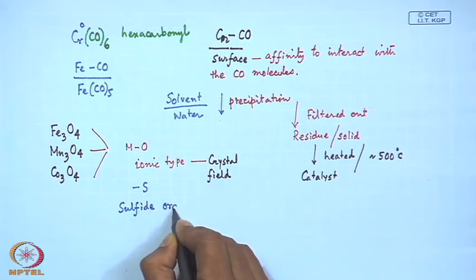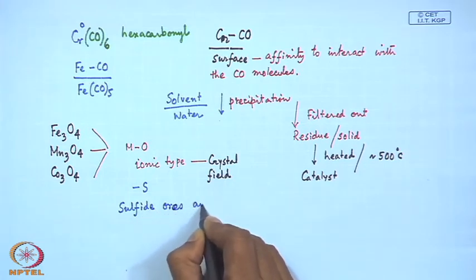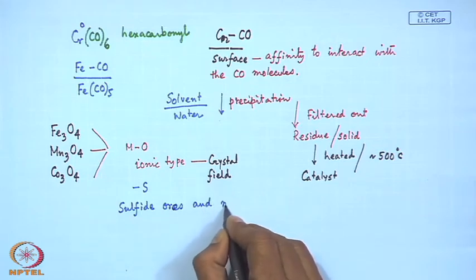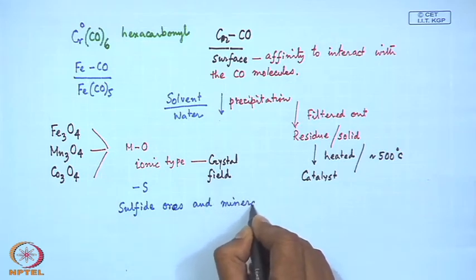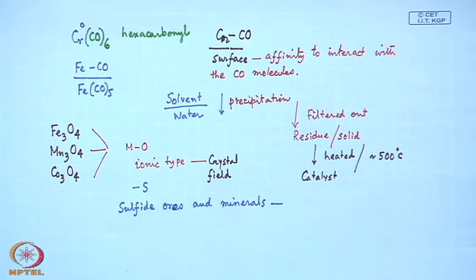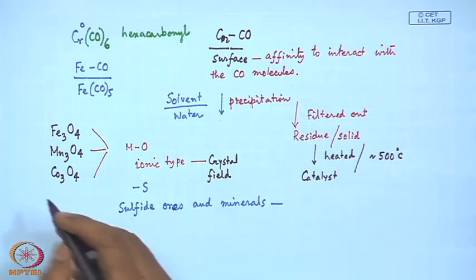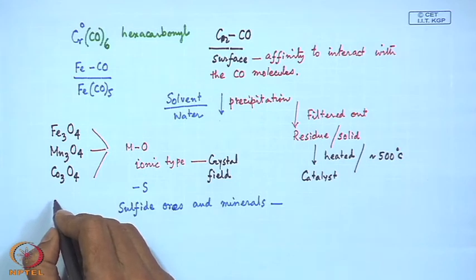Sulfide ores and minerals are there in nature. So, we can have the corresponding sulfur groups, and if we are able to substitute all the oxide pairs by